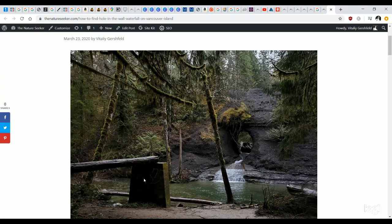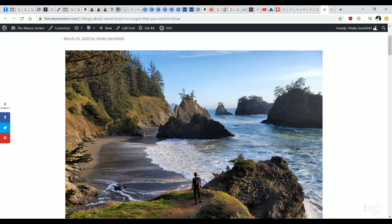Hi, my name is Vitali, and I run a website called thenatureseeker.com where I explore beautiful places such as this one over here. This is Hole in the Wall. It's in Vancouver Island. And here's another one called Secret Beach. It's in Oregon. And in this video, I'm going to be talking about Coyote Gulch because I went there in